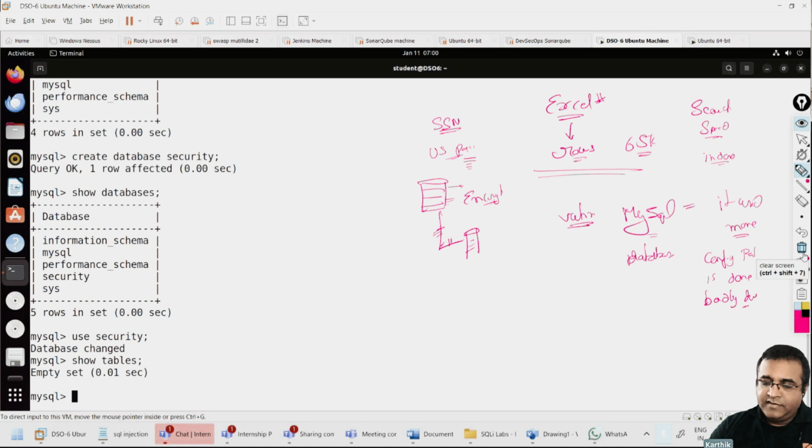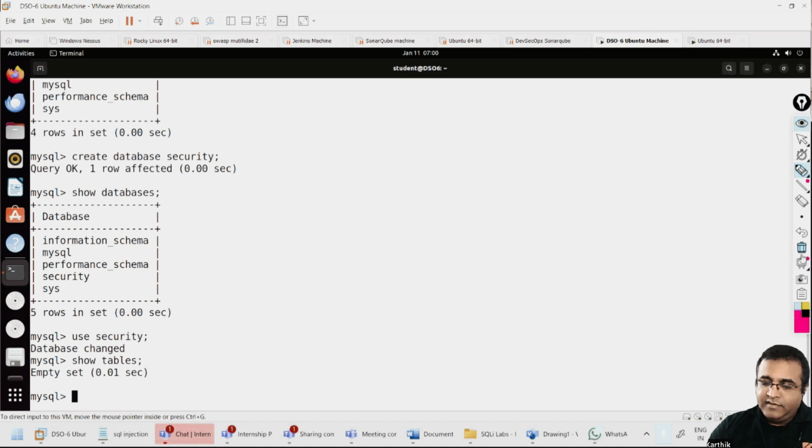Any questions? One more question: this can also run on an EC2 instance, right? Yes, yes. See, you can run your MySQL on an EC2 instance, right? In fact, I'm not sure, I don't want to give the wrong answer, but you can also have a database as a service, right?